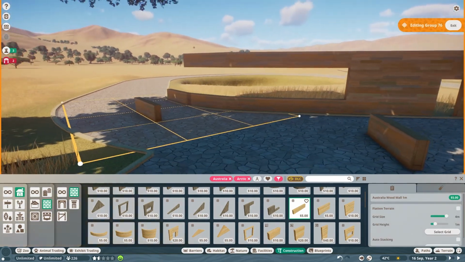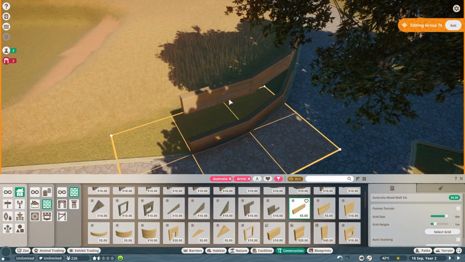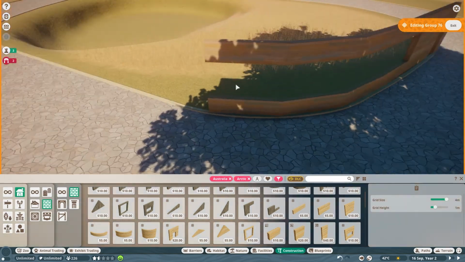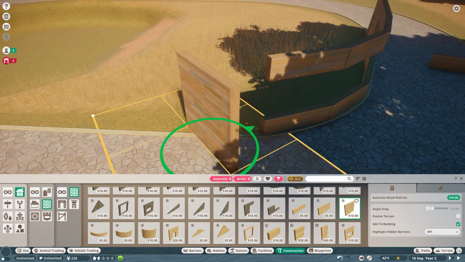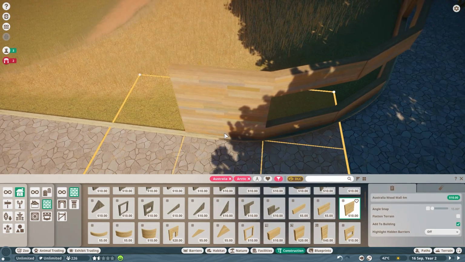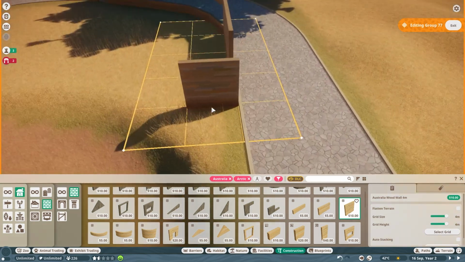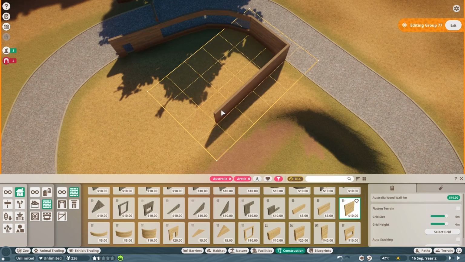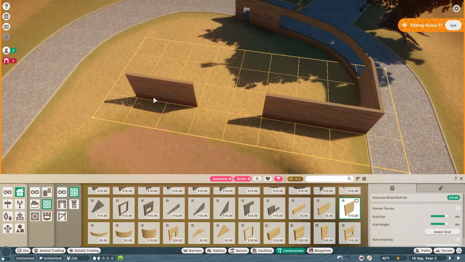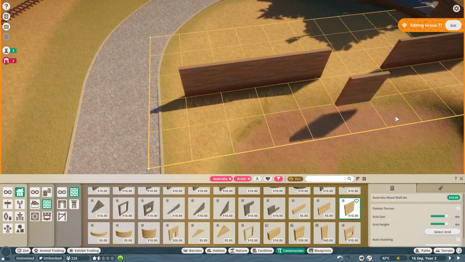Okay, let me take a look and see. I think this is enough glass viewing area for the indoor shelter for them, and then we'll just round it off here once more with the full wall piece. There we go. We'll continue this way, and then make sure we leave a large enough gap for the koalas to be able to